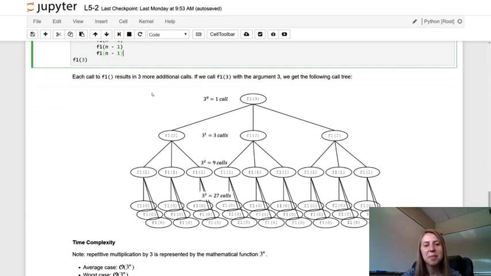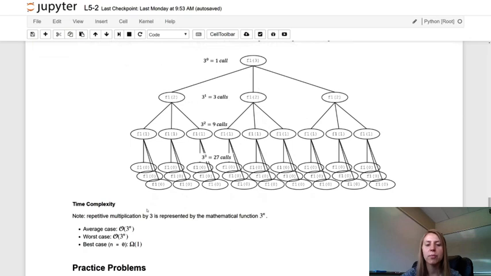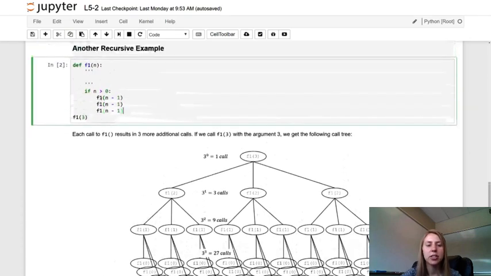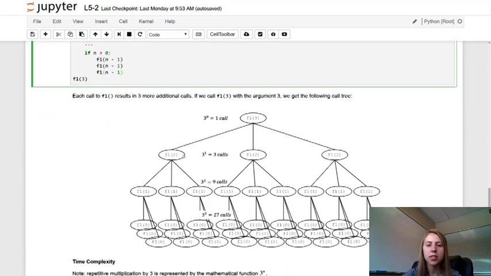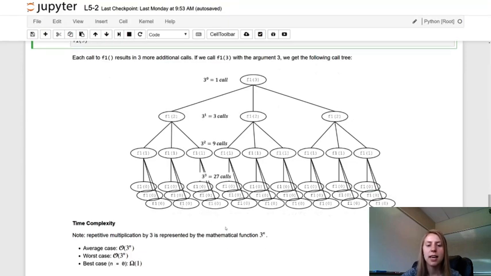So the time complexity for this algorithm is actually exponential. So we have repeated multiplication by 3. Every time we call f1 and n is greater than 0, we call f1 3 more times. So I have here that for each level of this tree, the number of calls is a power of 3. So 3 to the 0 is 1 call, 3 to the 1 is 3 calls, 3 to the 2 is 9 calls, 3 to the 3 is 27 calls,